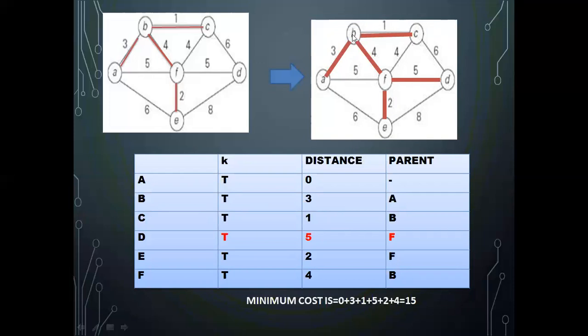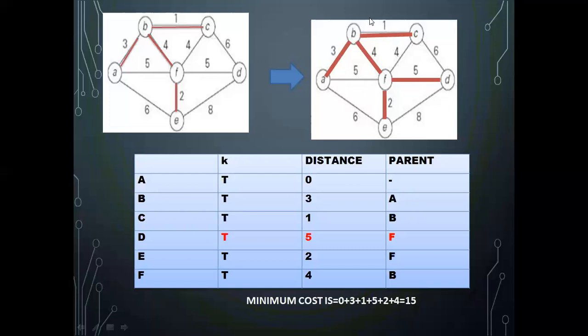Now with respect to this vertex, you see what all the edges are going to the remaining part of the graph. In that, which is the minimum one that you have to add next. So that was 3. So A, B, C had been added. Now with respect to A, B, C, what all are the edges which will be connecting to the remaining part of the graph, we will be checking. In that, which is the minimum one, that one will be added. That is B to F.